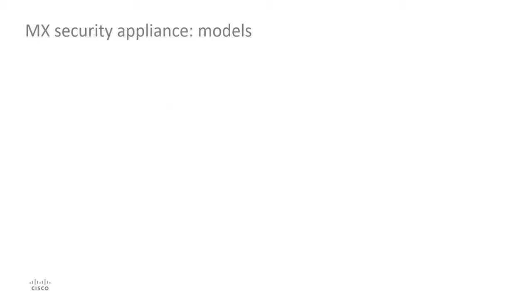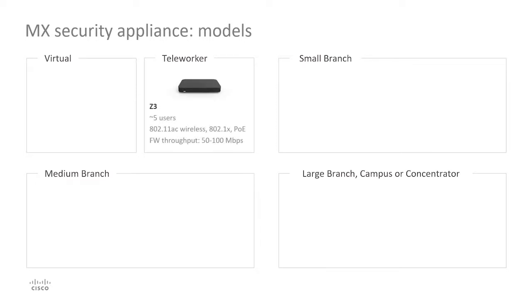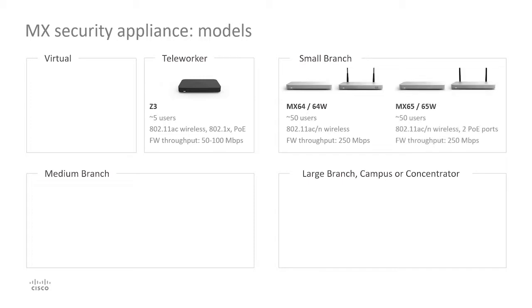There is an MX security appliance to suit every network. The Z3 is an ideal device for ultra-small offices, telecommuters, or even as a remote access out-of-band management device. For small branch applications, the MX64 is the most popular device, making up over 50% of all our security appliances shipped to date. The MX65 adds to the feature set of the 64 by adding 2 PoE Plus ports and